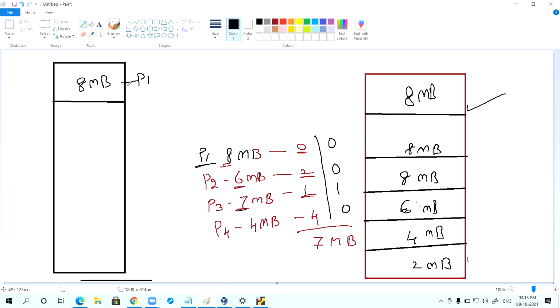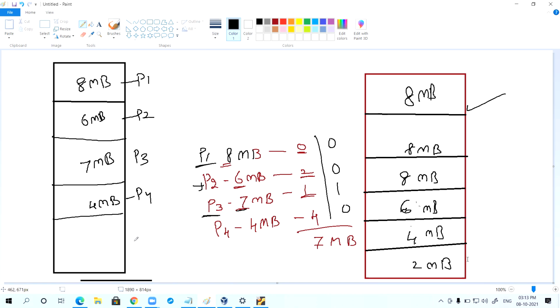P2 requires 6 MB, so 6 MB is allocated. P3 requires 7 MB, so 7 MB is allocated. P4 requires 4 MB, so 4 MB is allocated. Suppose 10 MB is free here.